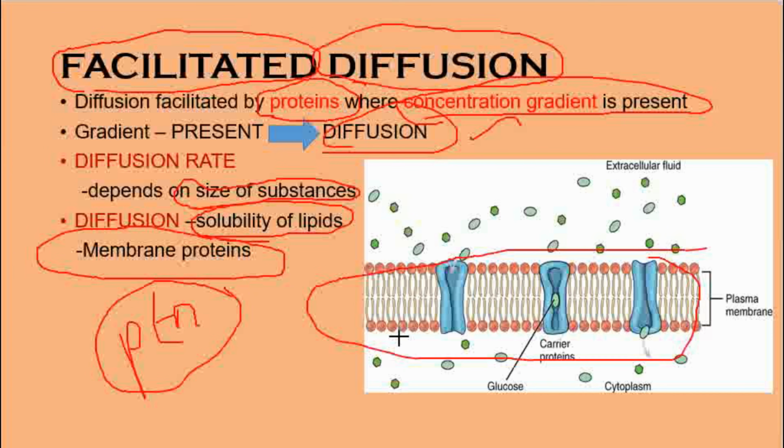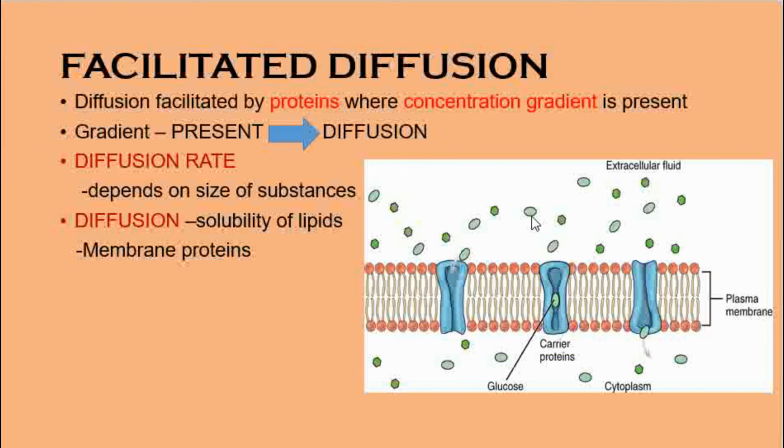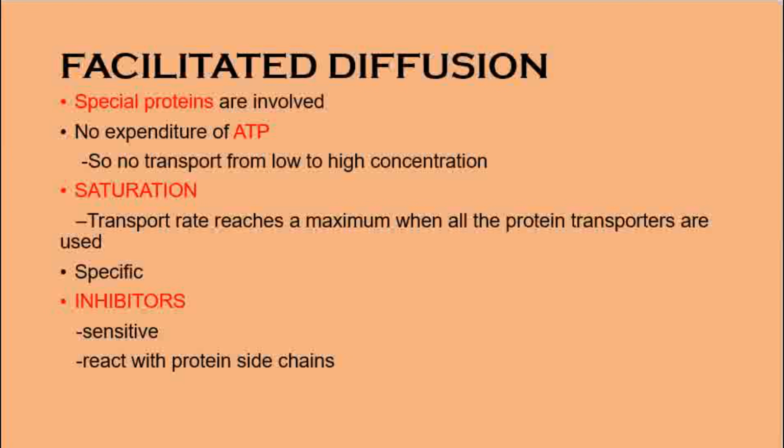So hydrophilic or hydrophobic, they say, right? Hydrophilic, philic means water loving. So for such substances we need this membrane protein. They need the help of this membrane protein. And as I already mentioned, special proteins are involved for this facilitated diffusion, and there is no expenditure of ATP